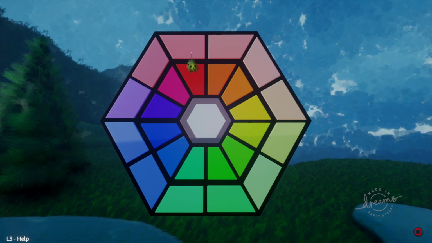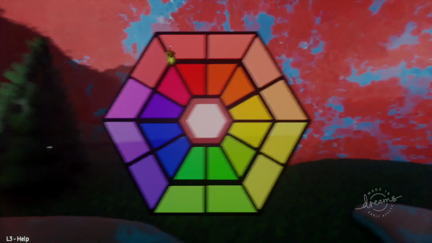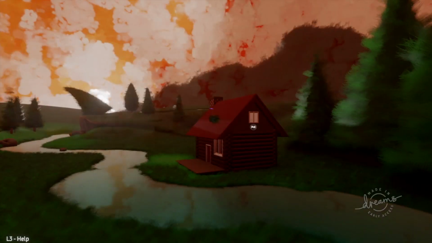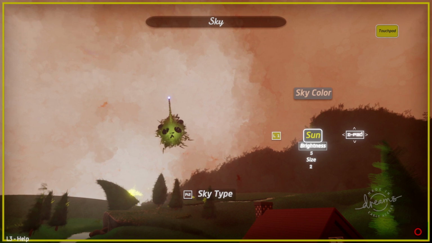I'll adjust a few more picture settings and complete this picture, and that's pretty much it. If you play this, please feel free to leave me comments here or on Dreams itself and let me know what you think of the controls, how it feels, or anything else that you think I could add that would